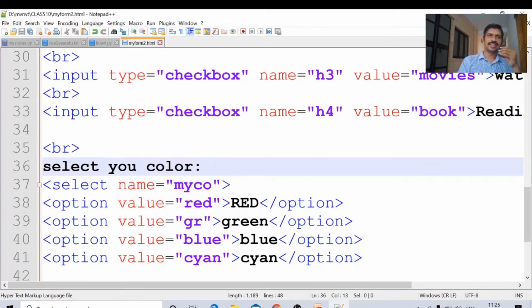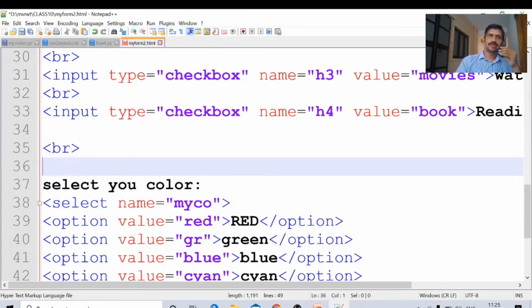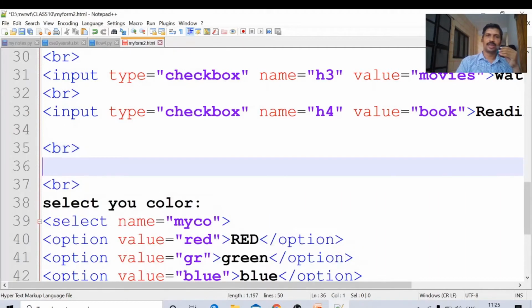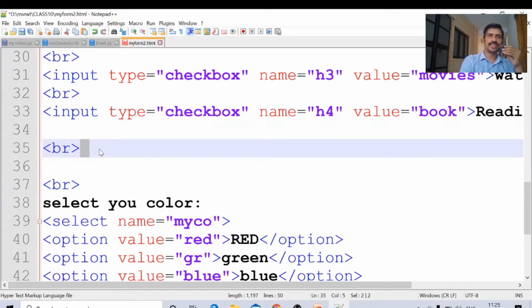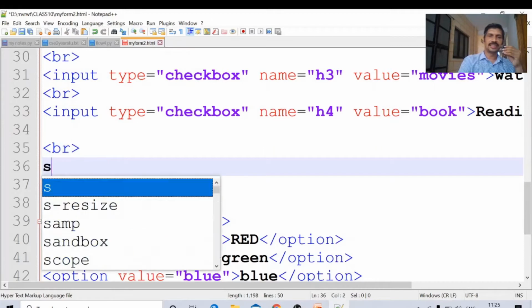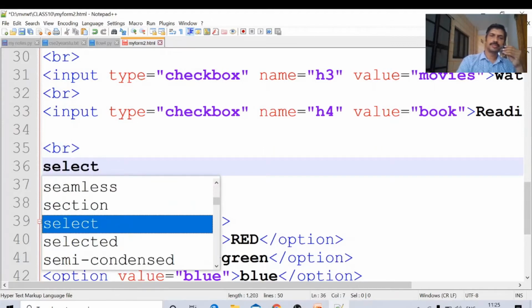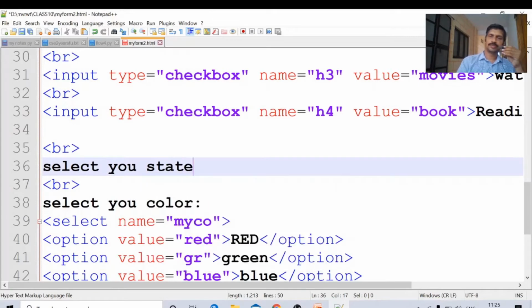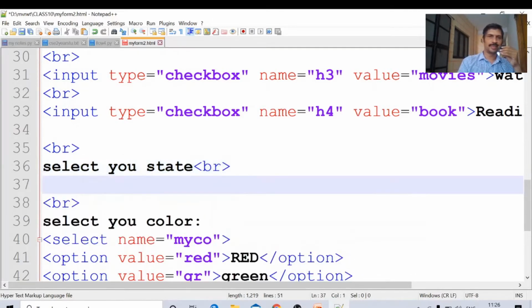Select state. In the same fashion I am writing select state. While filling forms or applications, we observe many times, what is your state? Select your state. BR break means it will come on the next line.